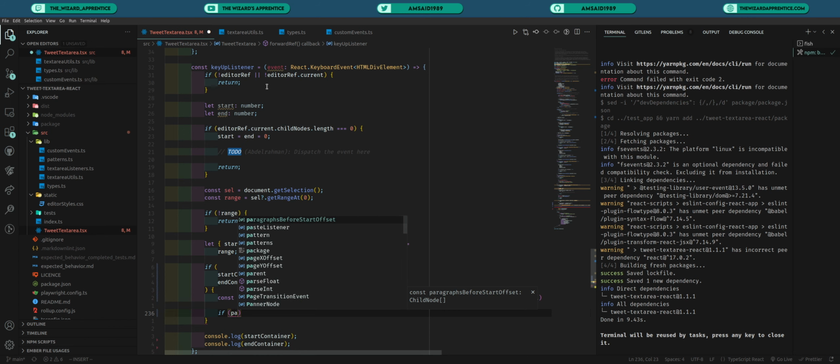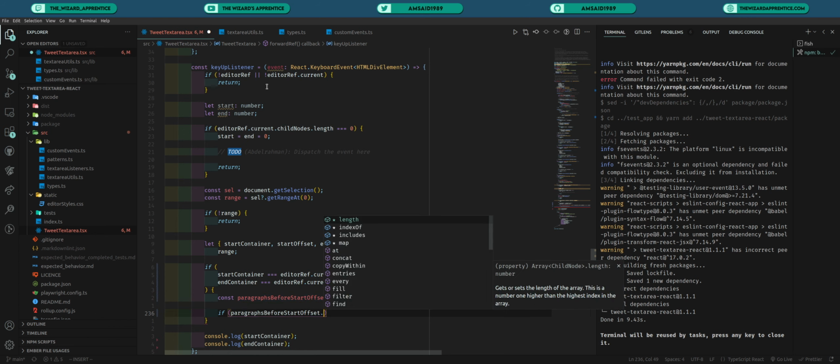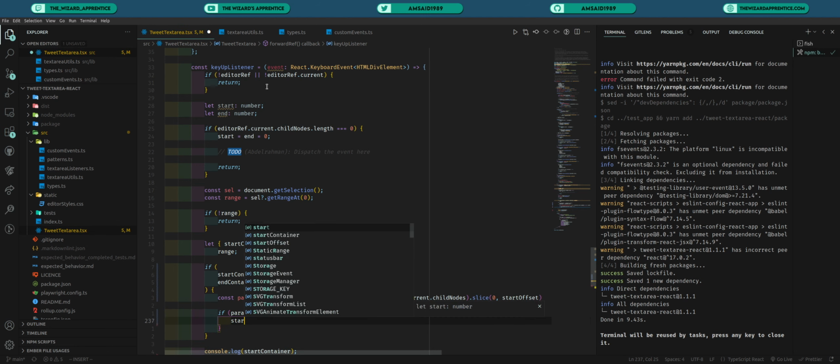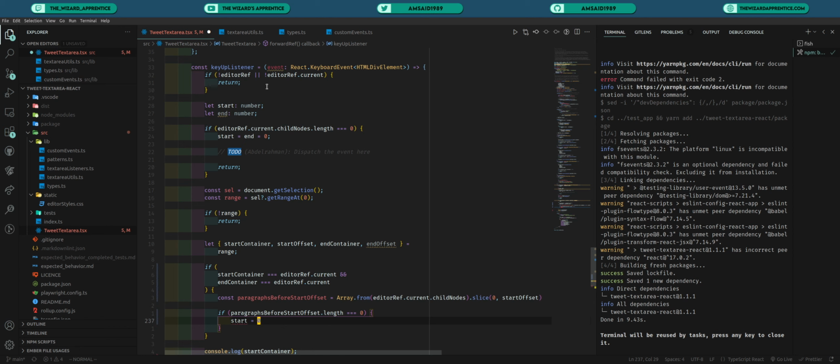So we'll do paragraphs before start offset dot length equal 0, then start itself will be equal to 0, else